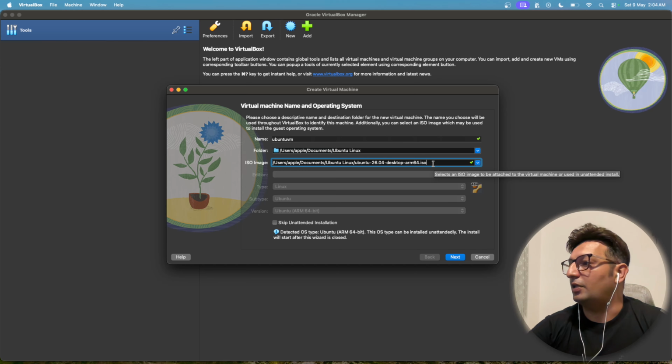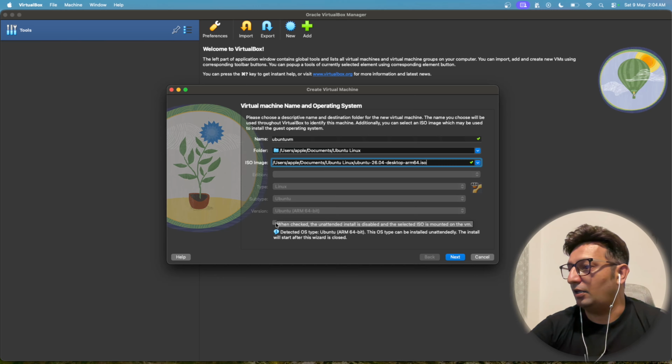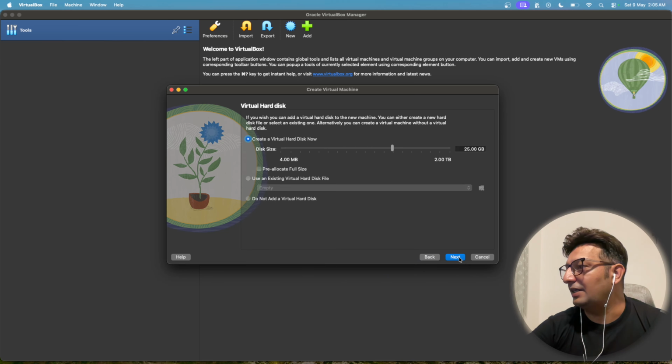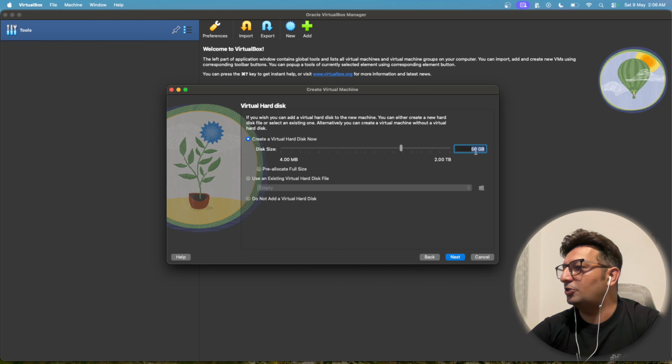Navigate to the location where the ISO file is placed, and then I'll skip the unattended installation and click on next. And I will give 4 GB of RAM, and I'll give 4 processors to this virtual machine, and I'll click on next. So I've given 50 GB of space, and do not click on pre-allocate full size, otherwise